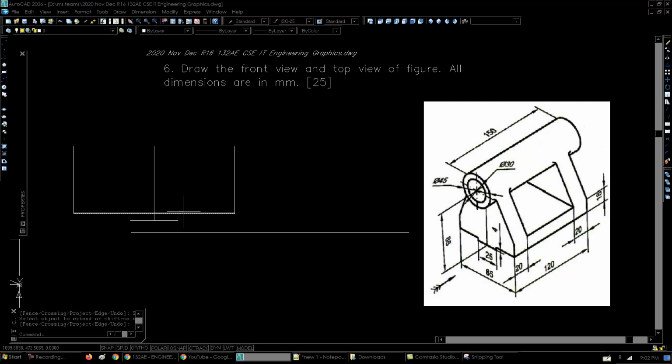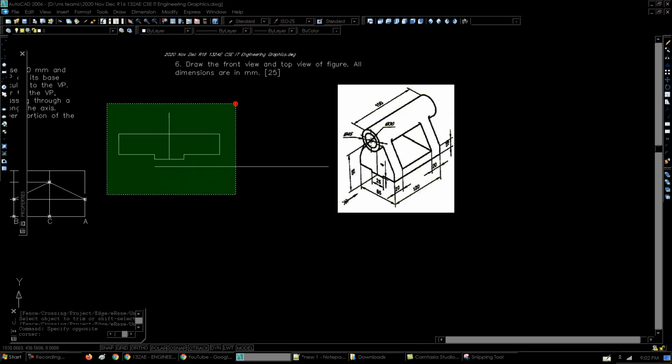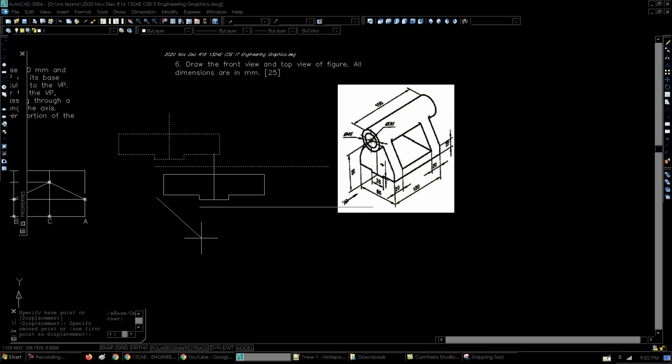Okay, so what's the height of this length here? That's 18. So I'm going to take an offset of 18 here. So this is where these edges are stopping. The bottom here, it's also going up. These edges are not required. So you can say my side view is actually taking shape. The side view is going to be much bigger than this. So I have to take this down a bit,